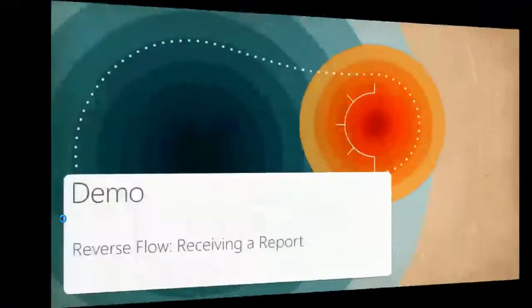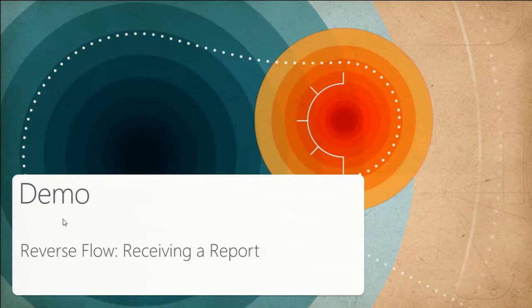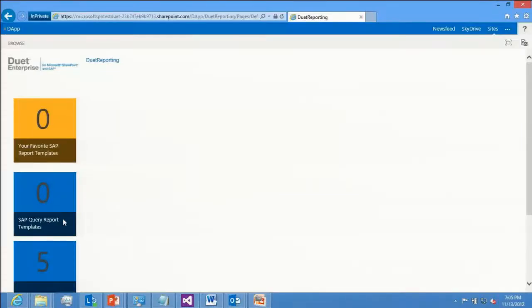So now let's look at the actual user experience. This is an app that we don't ship. What we ship is a SharePoint feature that leverages the Duet connections that you set up to integrate reporting across SharePoint and SAP. However, in this case, somebody has written an app that uses the SharePoint feature and puts a UI around it. And so you can go here, you can click on your list of